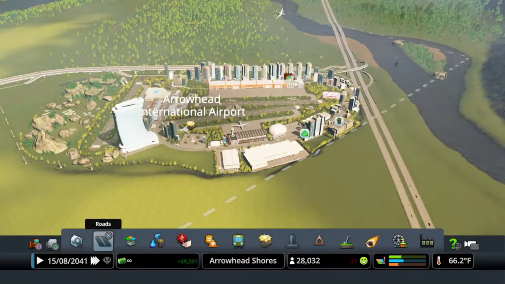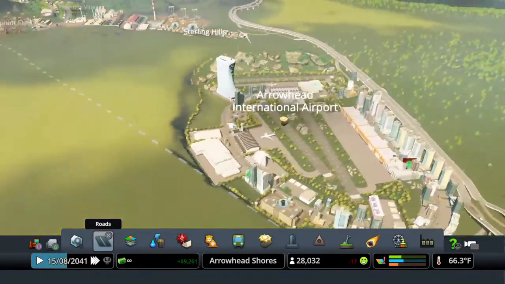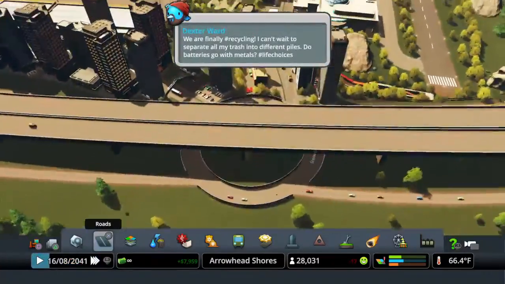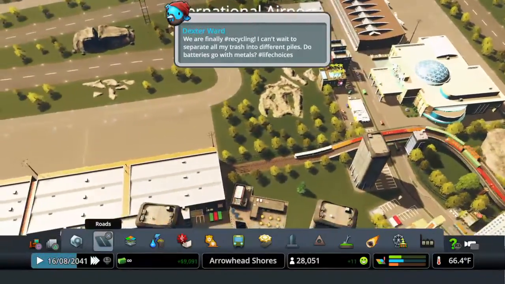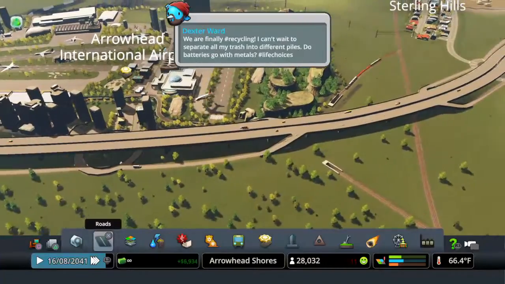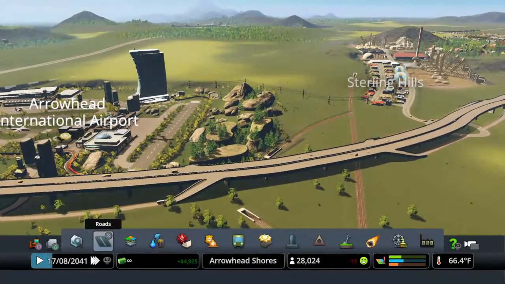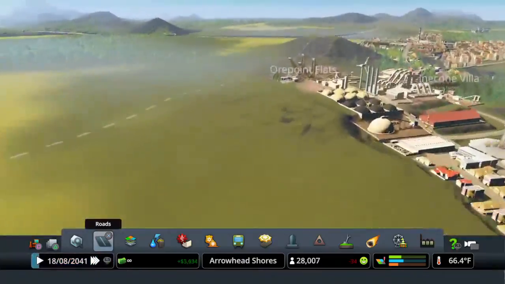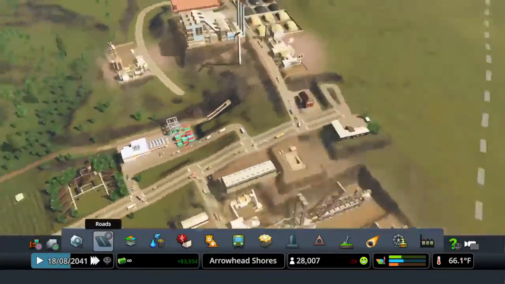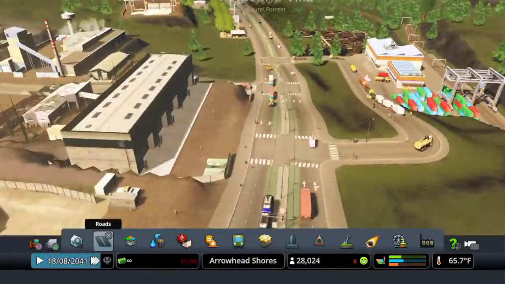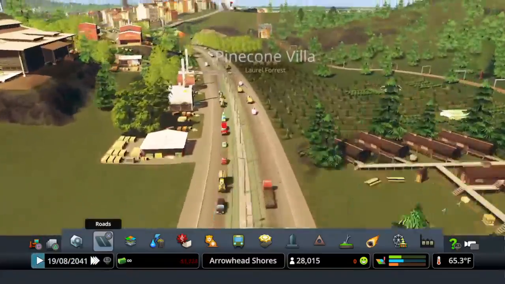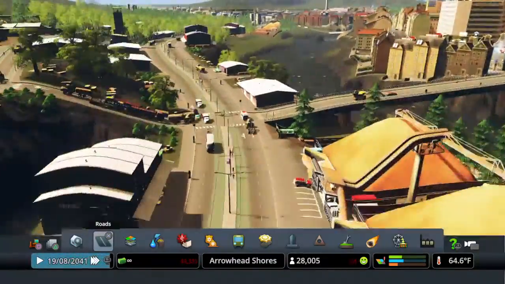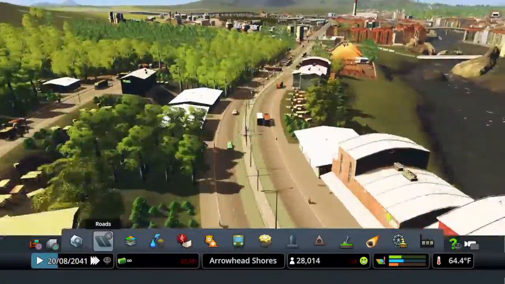International Airport, and now the only connection is the railroad here, and then we've got the highway with the bus line that connects. But now I kind of want to look at this tram line that we've got going here. This tram line is very long as it goes all the way through the city,